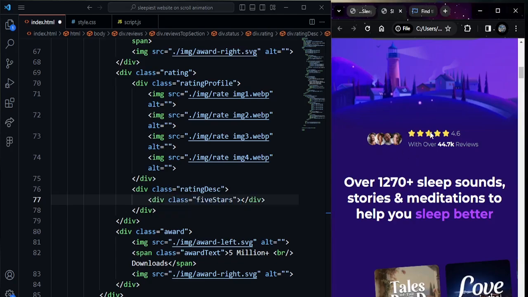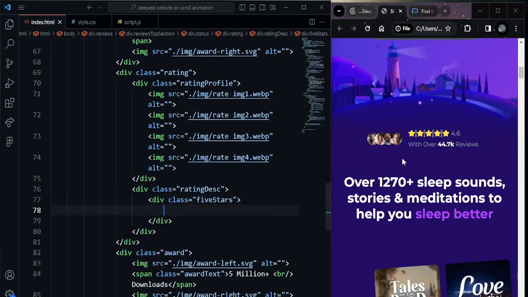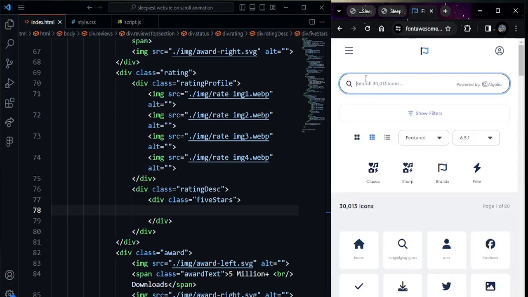These 5 stars are the stars visible over here, and inside these 5 stars we are going to use the star icon, and just use the star icon from fontawesome.com,